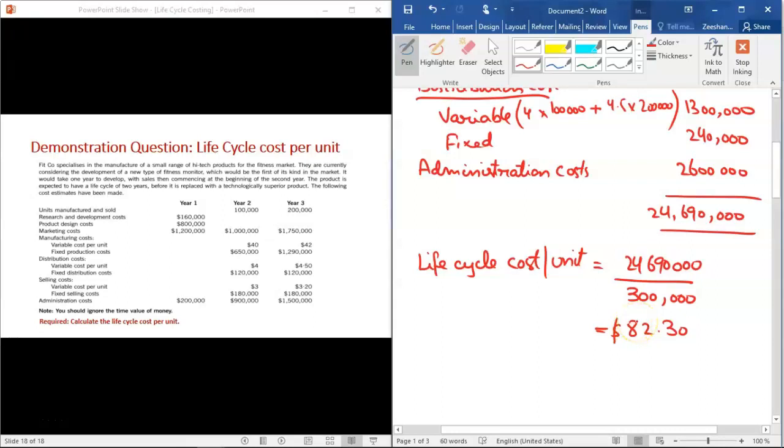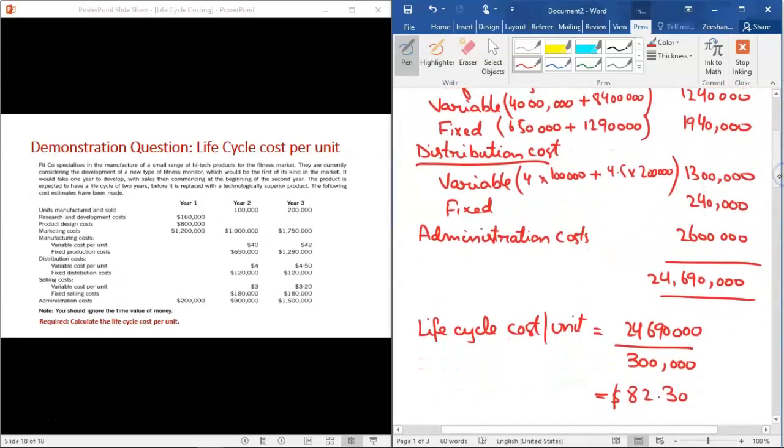Now mind it that if I calculate this periodically, like if I just calculate cost per unit in year 2 and if I calculate cost per unit in year 3, it would be entirely different. But this is the cost per unit once we accumulate all the cost over the life cycle and we divide it by the number of units over the life cycle. So what we are saying in this concept is that this way of calculating cost incorporates all the information. It gives us better understanding, and by comparing it with the revenue over the life cycle, we can calculate the